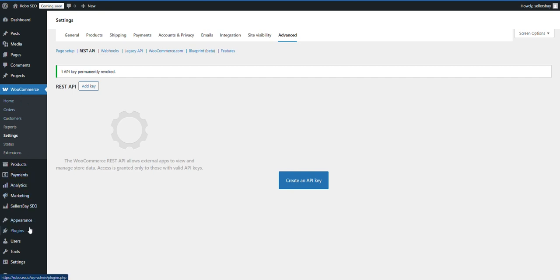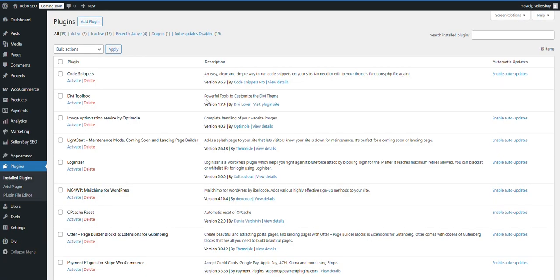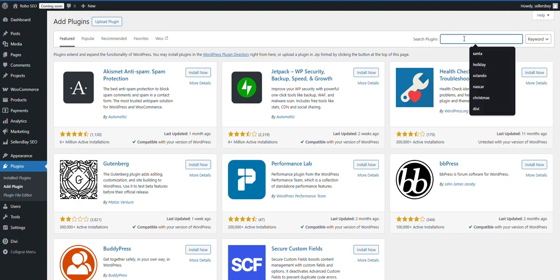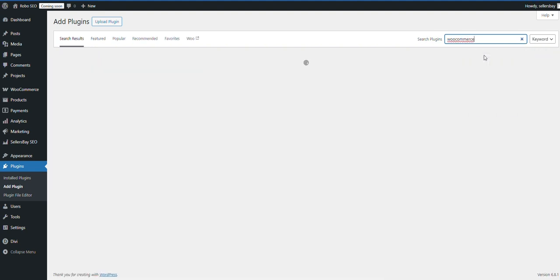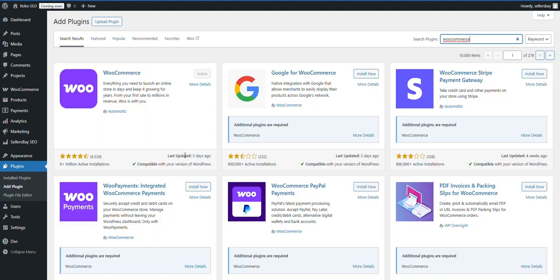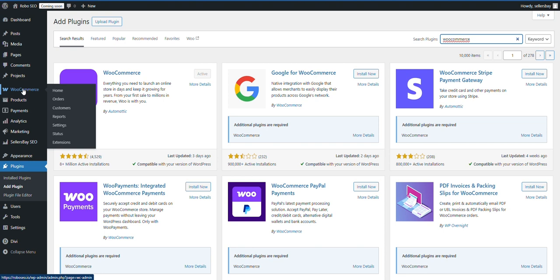You just go to plugins, and then let me show you. Just go to plugins and then add plugin, and then search for WooCommerce. And then you just install and activate. It takes about 2 minutes. Once that's done, just come back over here to WooCommerce, go down to settings,